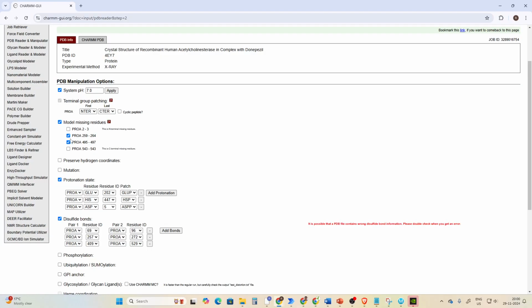From this region it has missing residues, from 259 to 264, and from 495 to 497. So about 6 or 7 amino acid residues are missing in these regions. These are not in the active site pocket, but still